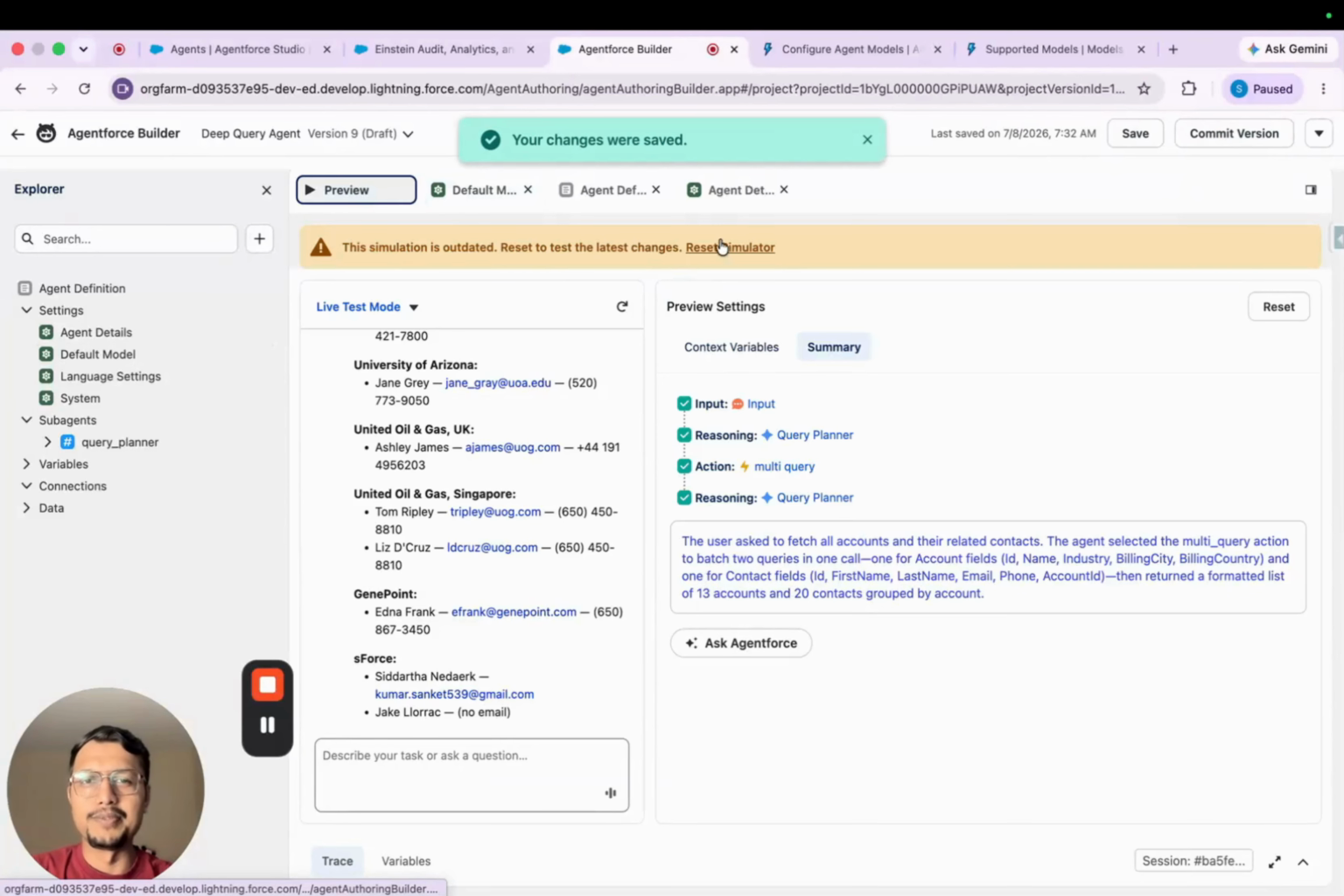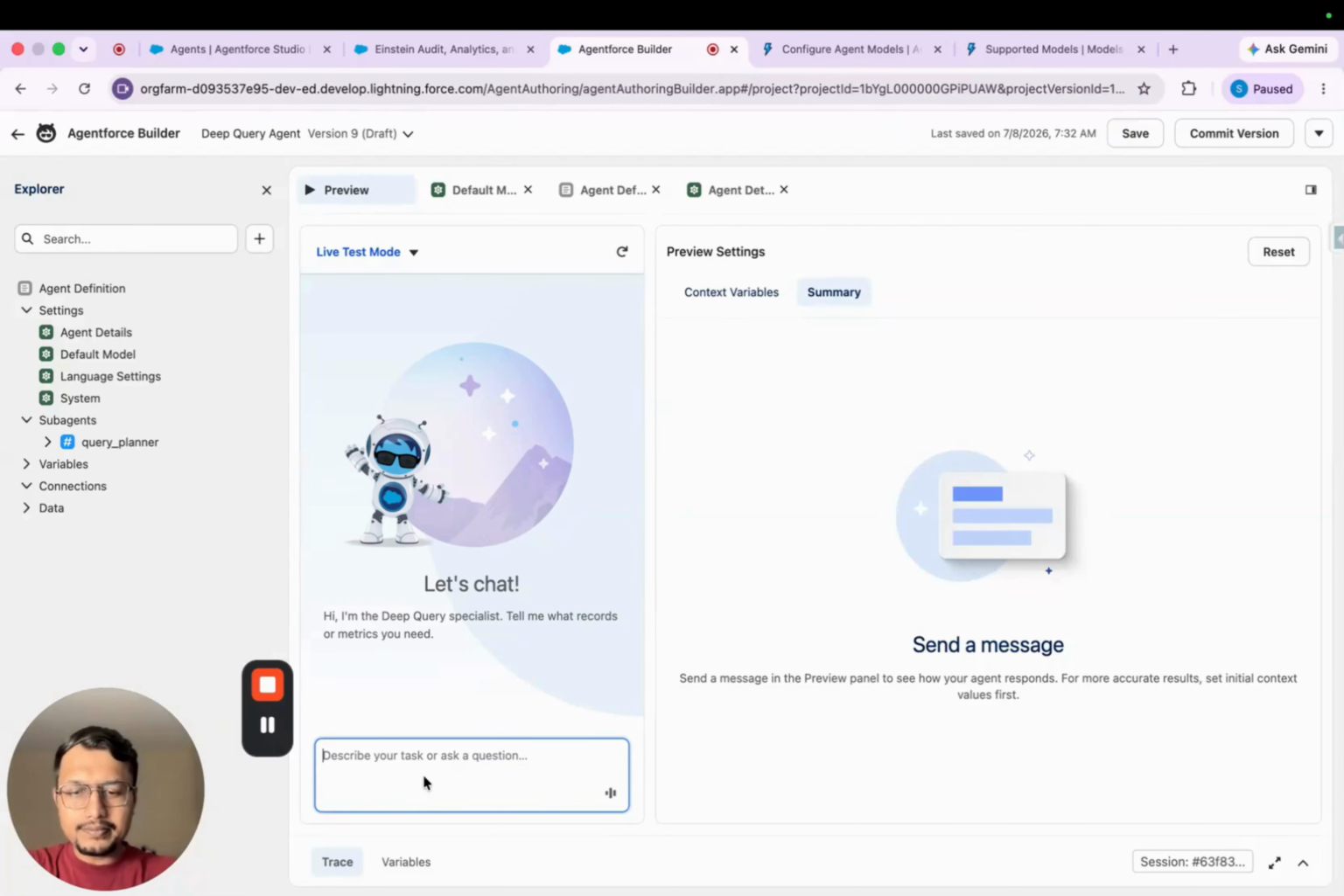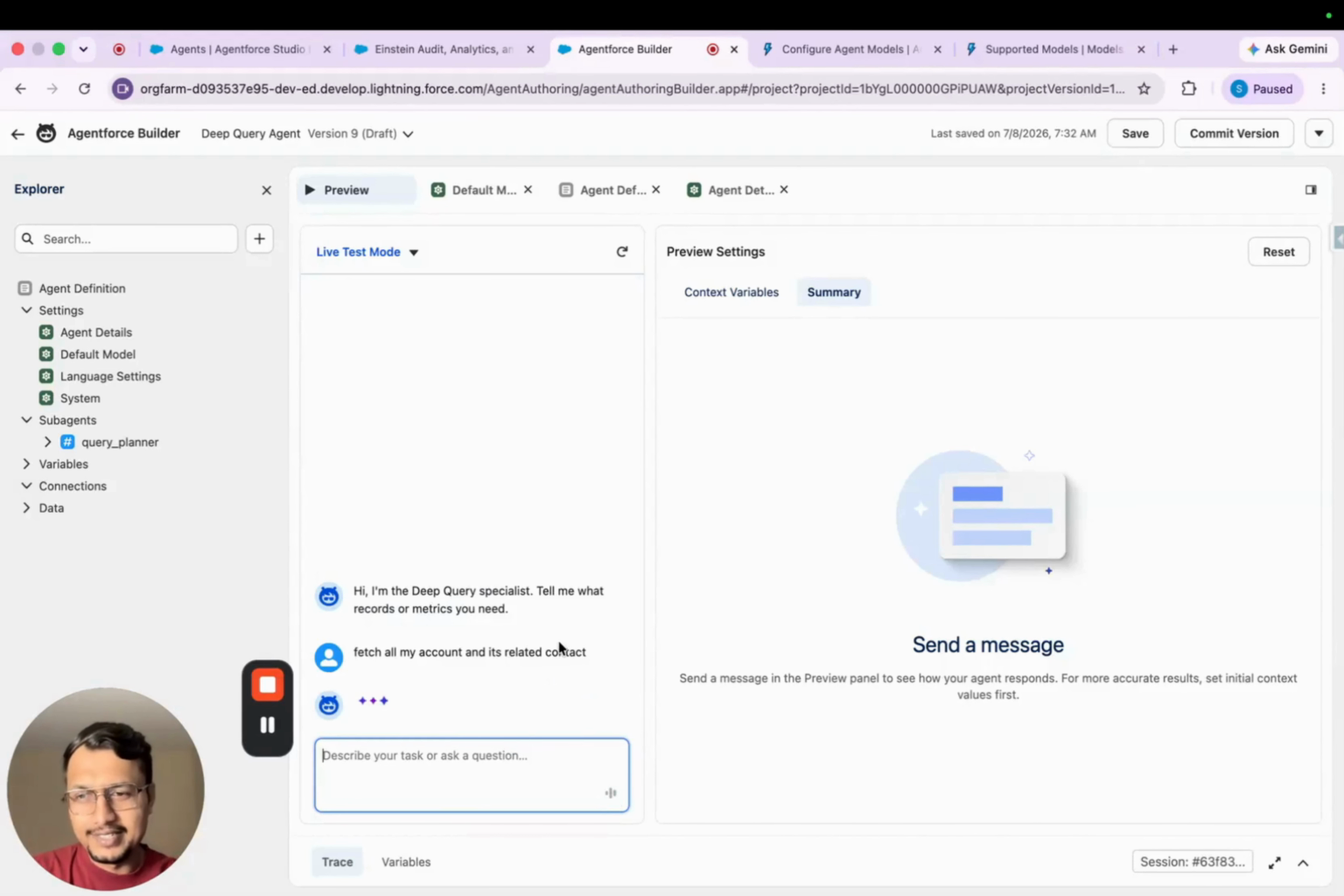Let me just do preview again, reset the simulator, and run the same prompt. So I'm going to say fetch all my account and its related contact. Let us see what it does. Because Opus 4.8 is known for its thinking capabilities, it is taking a little bit more time. I will show you that also,